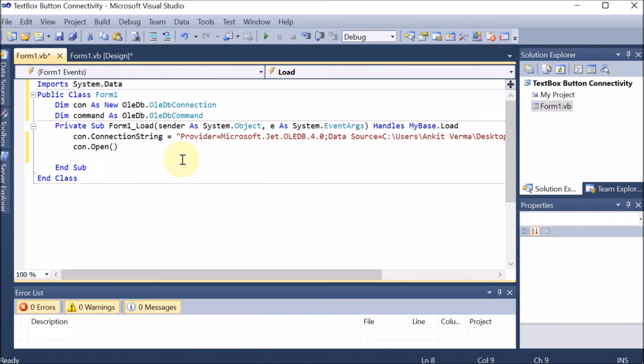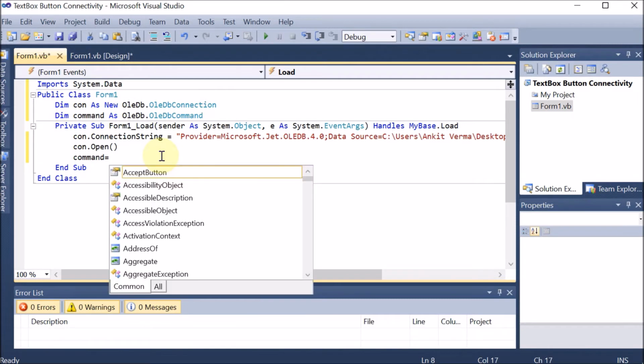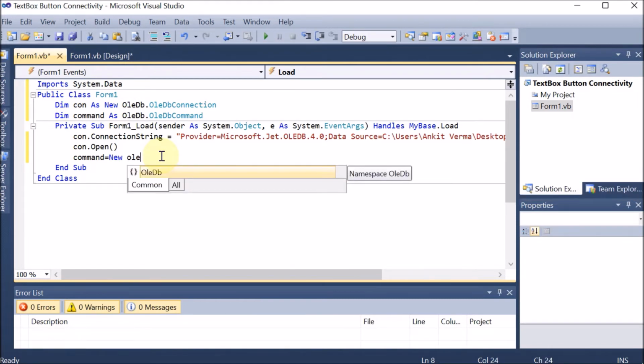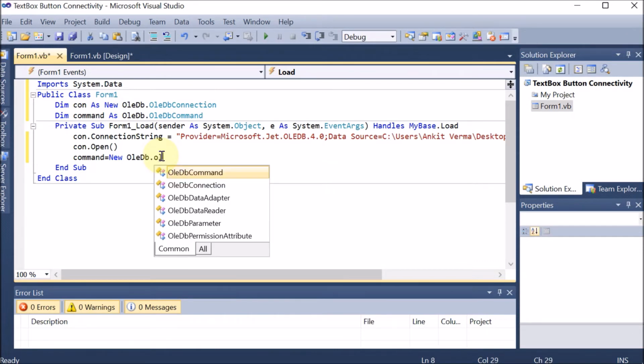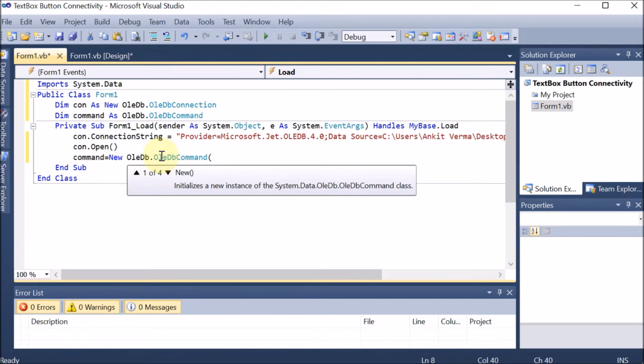Now afterward we are mentioning what should be in the command, which should be inside the form load. So this is part of form load. Here we write command is equal to new OLEDB dot OLEDB command. Everybody knows the SQL query to fetch all the records: select star from table name.